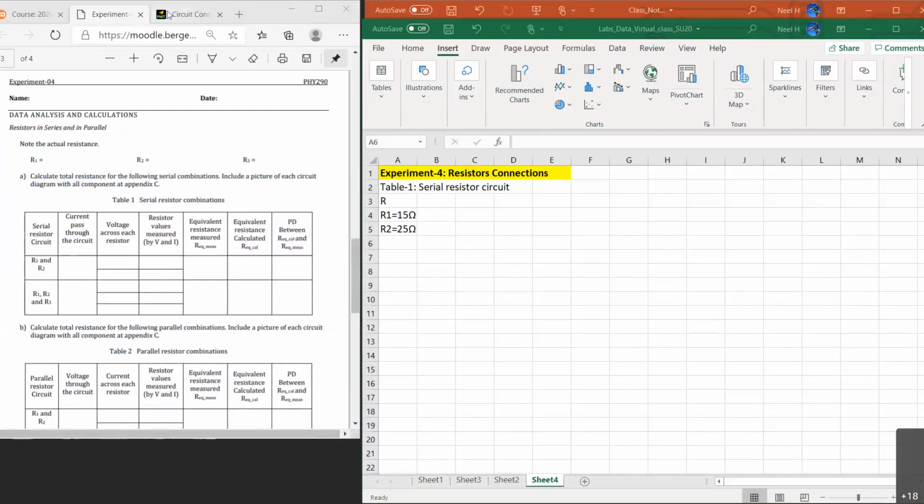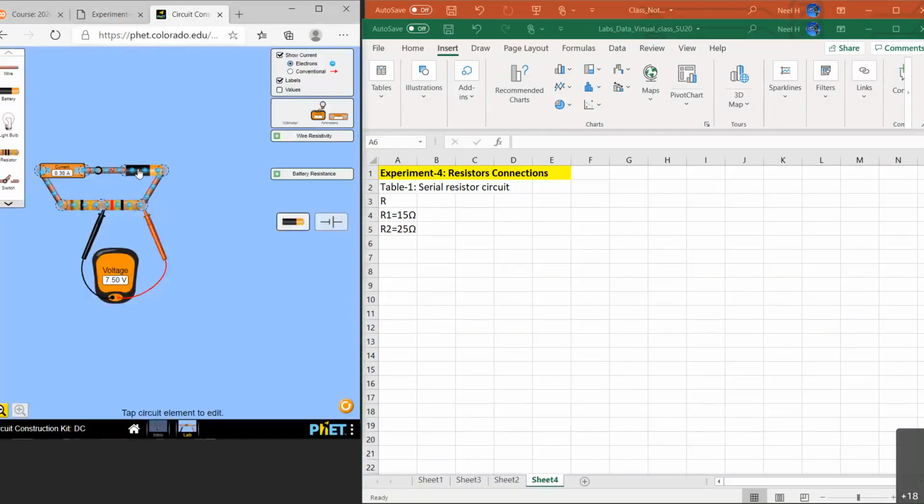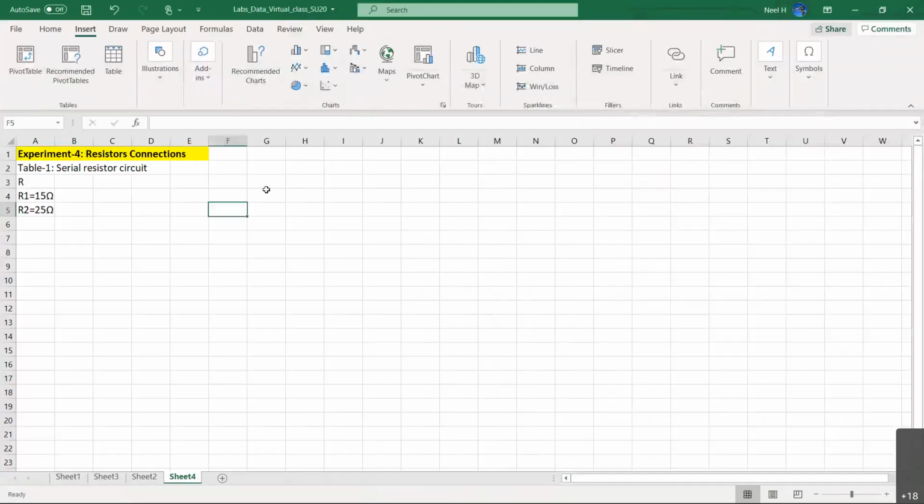So the voltage we are applying 12 now. And the resistance values are 15 and 25. Okay, good. If you take the battery, automatically the battery is set up to 9 volts, so I changed that to 12 volts. Okay. All right, then let's continue. Now what we need